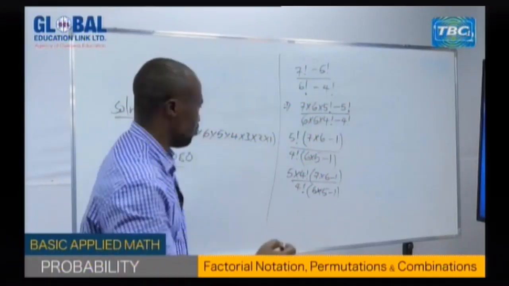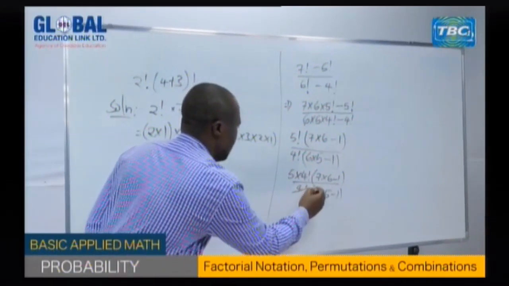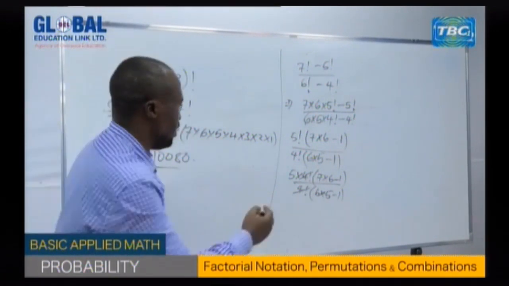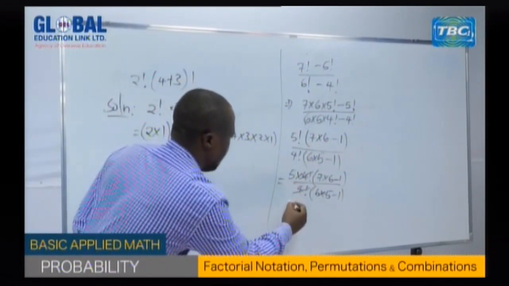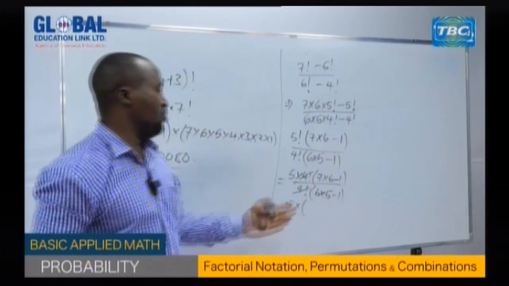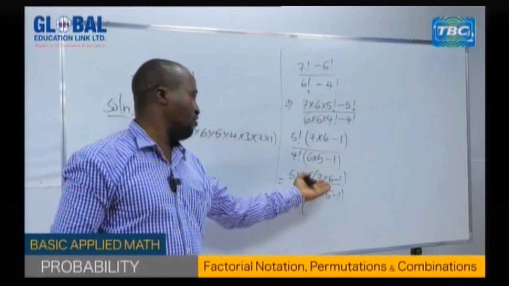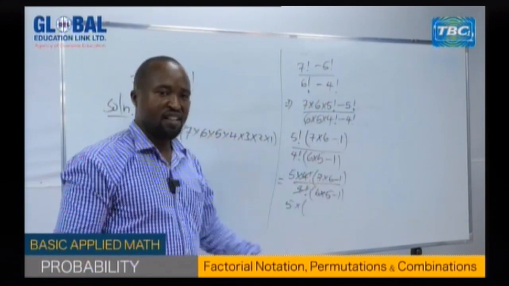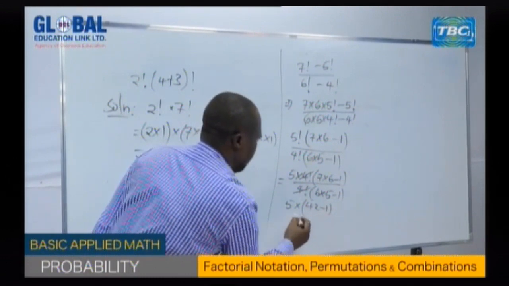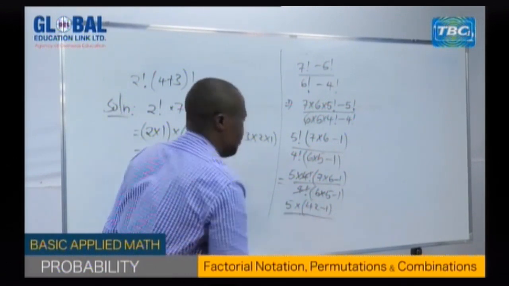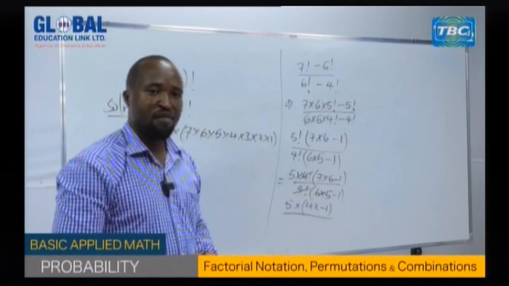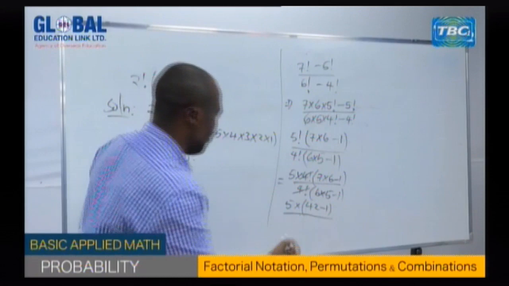So you can simplify very easily like this. Here we are going to remain with 5 times. Now remember, in the bracket we have 7 times 6. 7 times 6, this is 42 minus 1, over, for the denominator we have 60 times 5 minus 1, but 60 times 5, this is 30